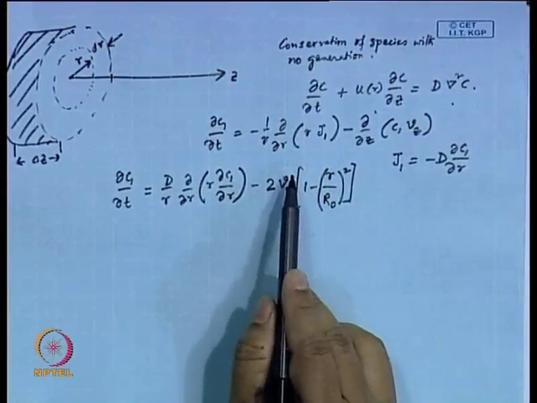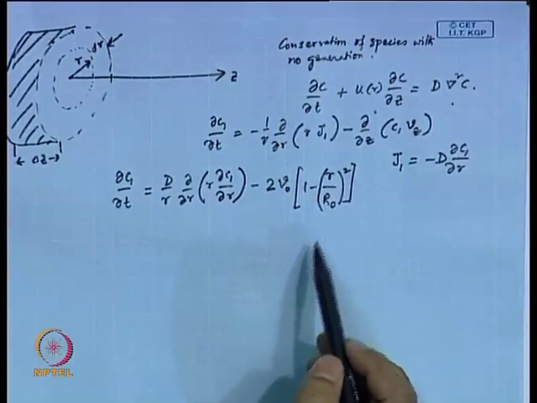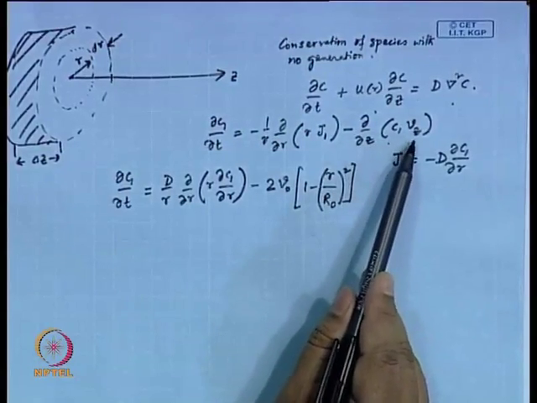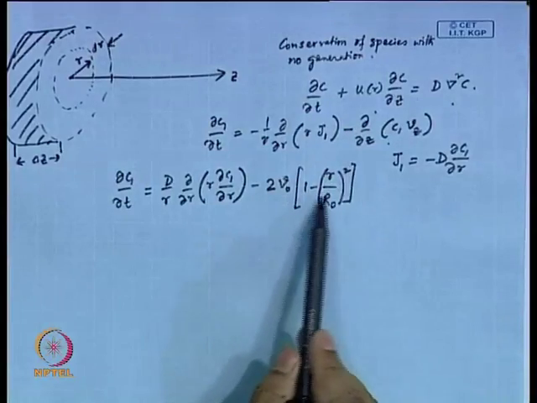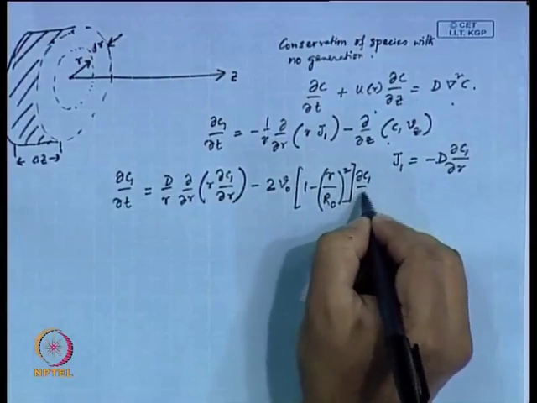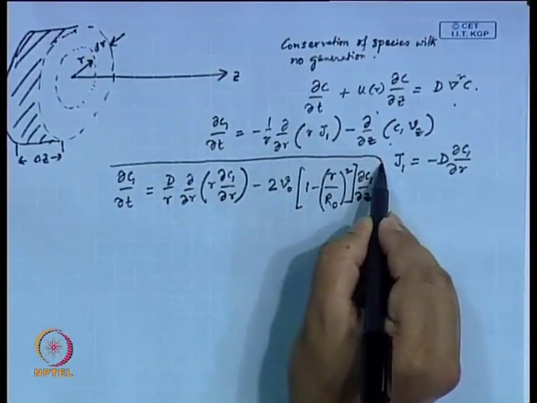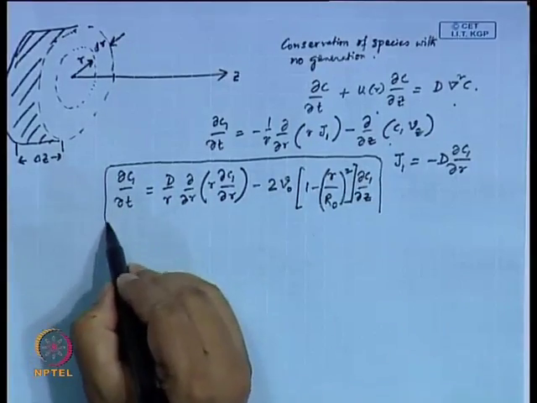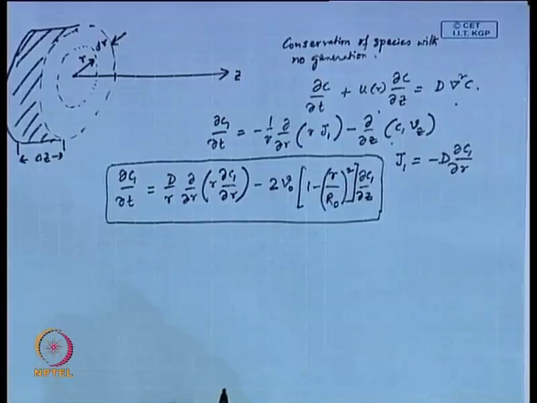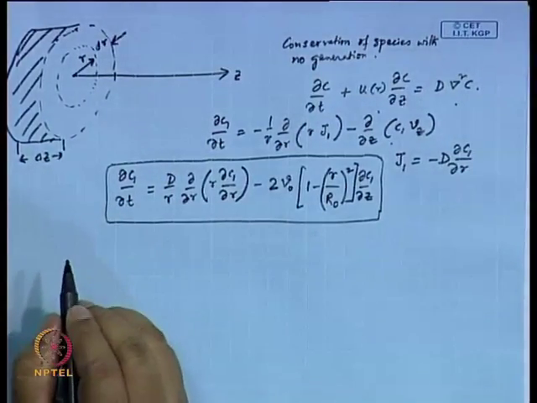and since we have already considered a fully developed flow, this does not have any functionality of z. So, we have taken this out here. From this term we have taken the V z out, because this is the V z we know. So, this into del C 1 del z. So, this is the equation. Now, if we look at what the boundary conditions are, we are talking about a